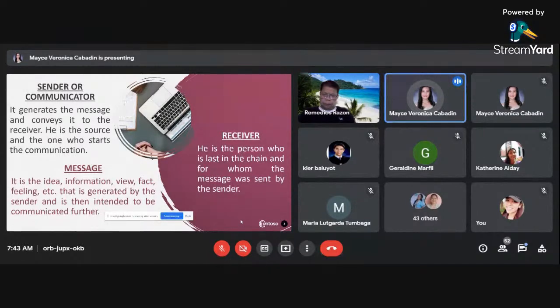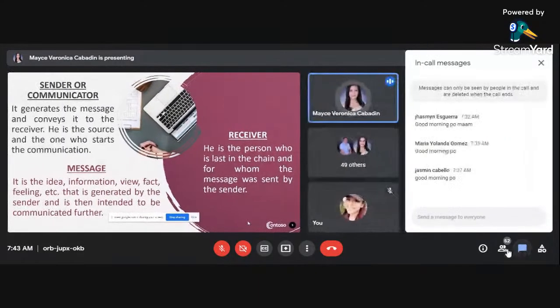The message is the idea, information, view, fact, feeling, etc. that is generated by the sender and is then intended to be communicated further. So the communication process wouldn't be possible if there will be no receiver. So the receiver is the person who is last in the chain and for whom the message was sent by the sender. So if ever one of these will be missing, the communication process wouldn't be effective nor successful.